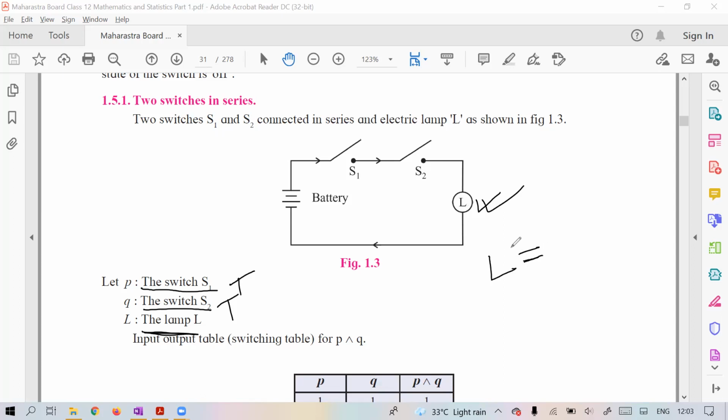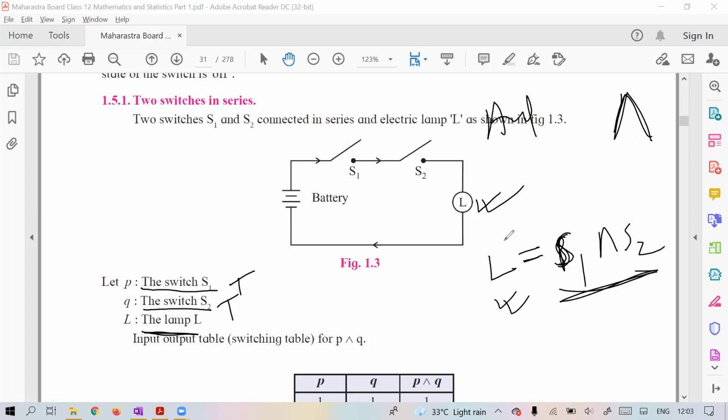When both switches are closed, are on. Yeah, both switches are on. Okay, so this will actually follow the AND rule. So I will write simply S1 and S2. It means both switches are on, then only the light L will glow. So this circuit will follow the AND rule. AND means this intersection type.